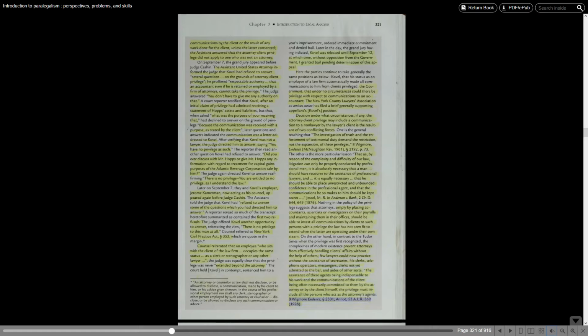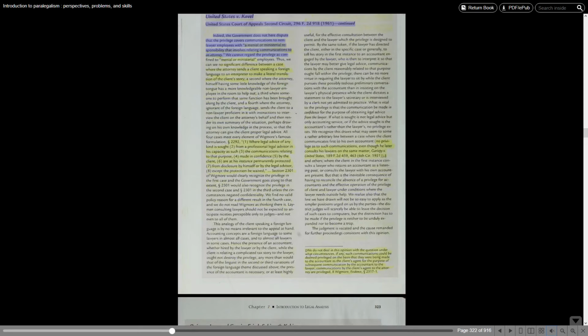8 Wigmore, Evidence, 2301, and at 53 ALR 369, 1928. United States v. Kovel, United States Court of Appeals, 2nd Circuit, 296 F.2d